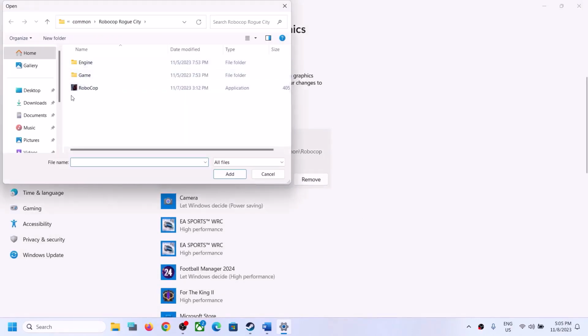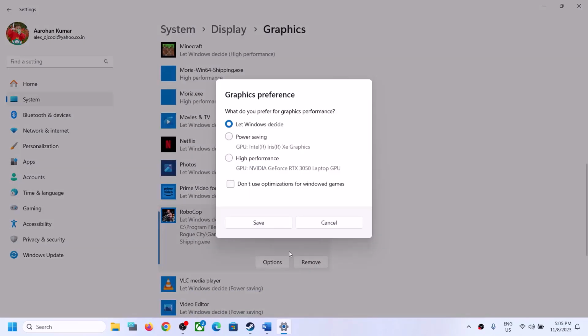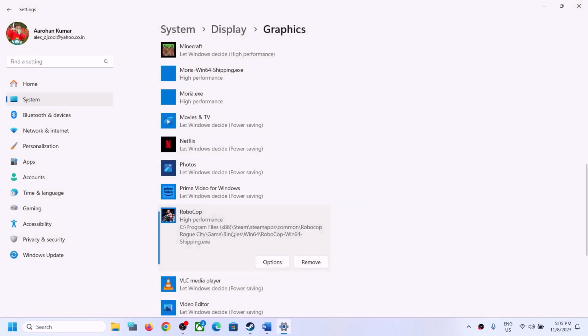Again click on browse and then open game folder in binaries Win64. Select this exe file. Now click on add. Once the game is added, click on options. Select high performance. Now click on save. Now if you are still facing the problem,